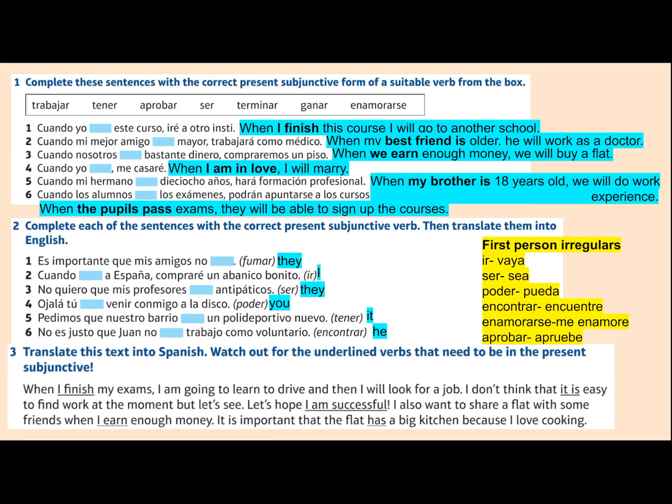If you find that quite easy, go on to 2. And if you find that one quite easy, go on to 3. The more of this you do, the better you're going to get. And it's also a really useful skill, just translating verbs, conjugating verbs, okay? Next slide will be the answers. So don't skip forward to that. Just have a go at this.